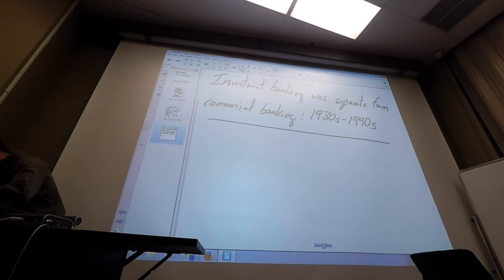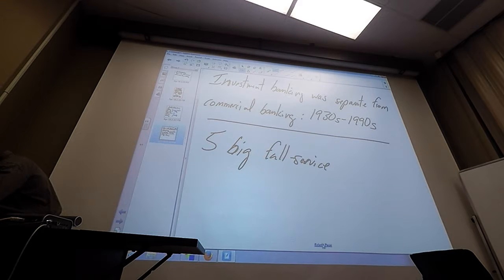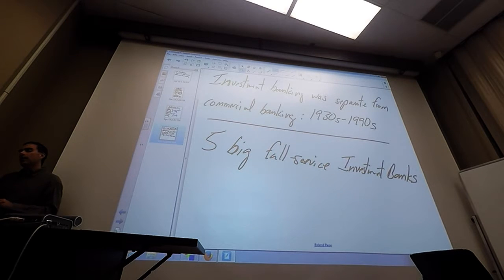And so what the U.S. had is the big five. There were 5 big investment banks, and they dominated investment banking worldwide. And you could say because of them, the U.S. had these giant developed financial markets, or the U.S. had these 5 big firms because we had giant developed financial markets. Again, you can't really separate which one was the cause and which was the effect. You have to have both of them going together.